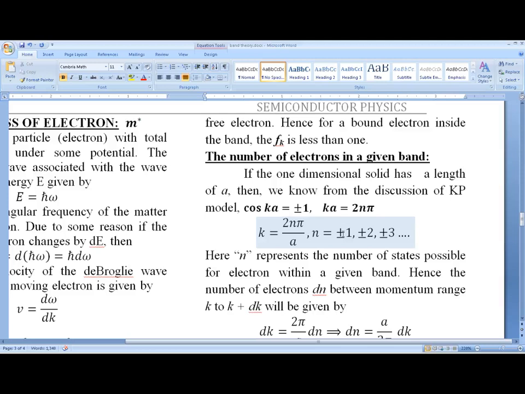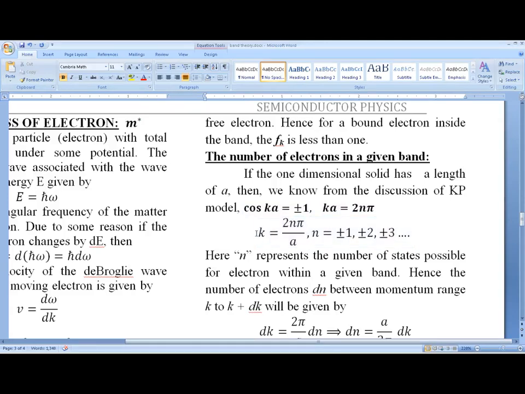Of course, n equal to 0 is not allowed here. Other than 0, values of n, both positive and negative, are taken here. So this is the K. Now, if you simply differentiate this, assuming K and n are variables, dk and dn,